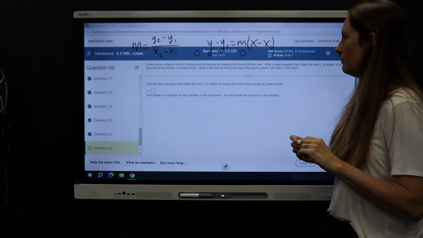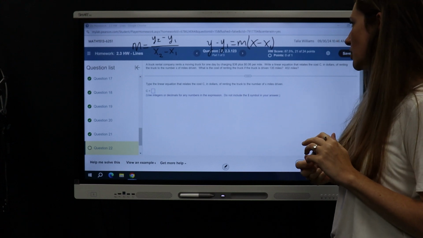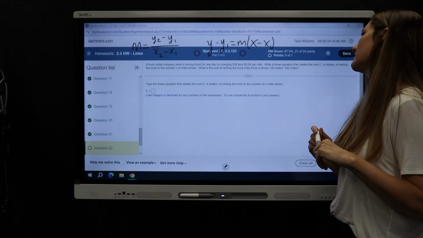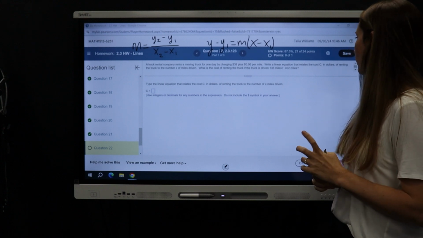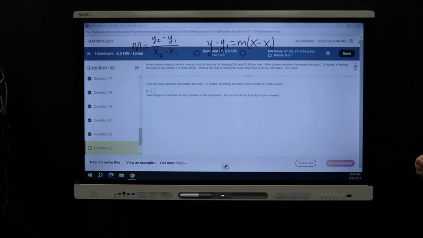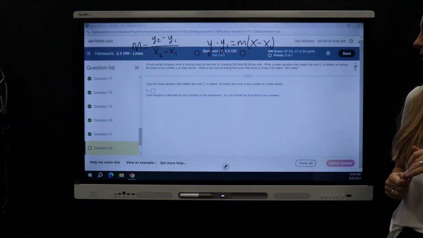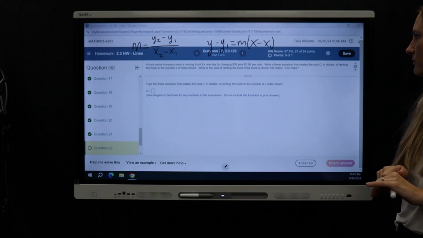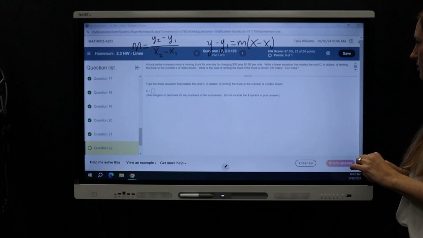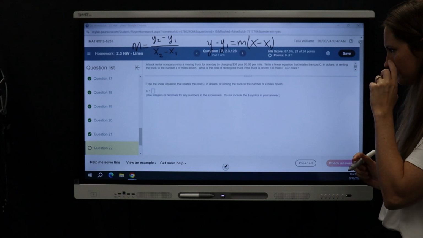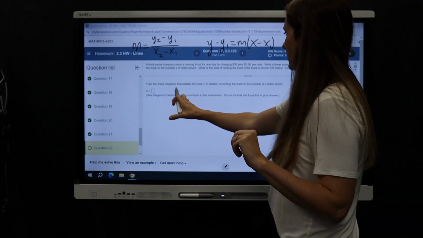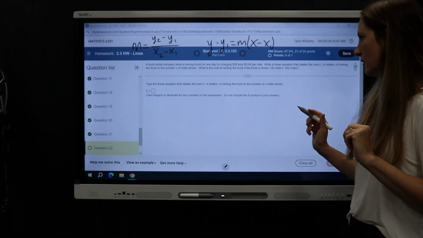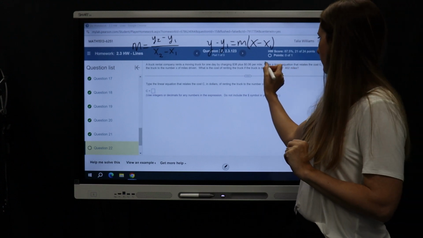A truck rental company rents a moving truck for 1 day by charging $38 plus $0.06, so 6 cents per mile. Write a linear equation that relates the cost C in dollars of renting the truck to the number x of miles driven. What is the cost of renting the truck if the truck is driven 135 miles and 402 miles? Type the linear equation that relates the cost C to the number of x miles driven. So when we're renting our truck right here,